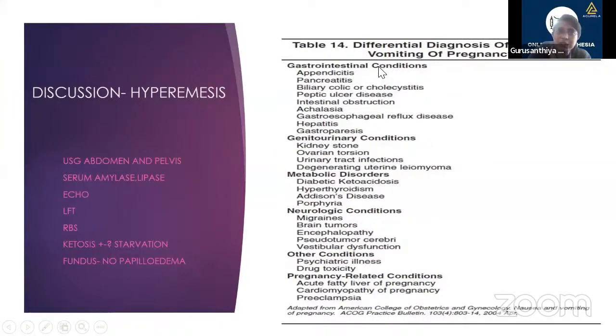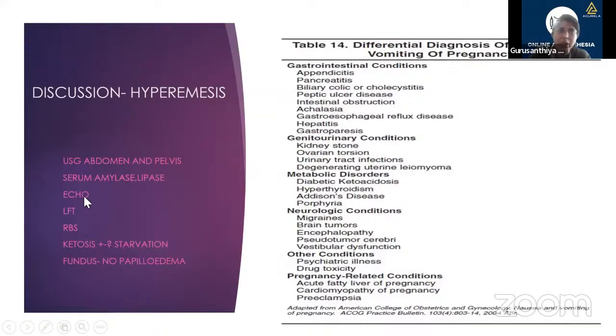The gastrointestinal and genitourinary conditions we were able to rule out with the ultrasound abdomen and pelvis, which was found to be normal. To rule out pancreatitis, we had her undergo serum amylase and lipase, which were normal. To rule out diabetic ketoacidosis, we checked her RBS and urine routine, which was also normal, except for the